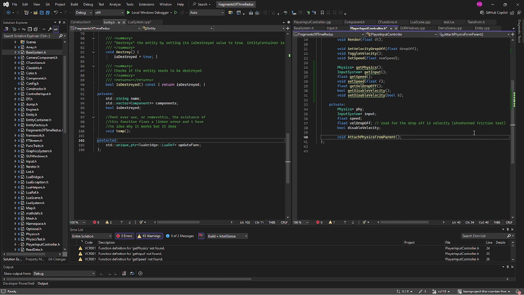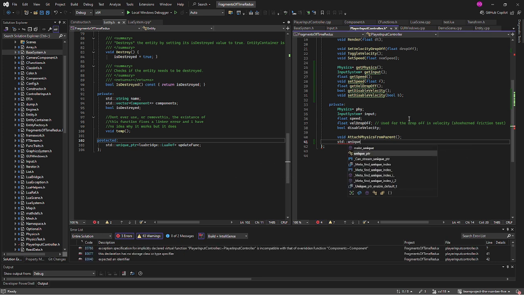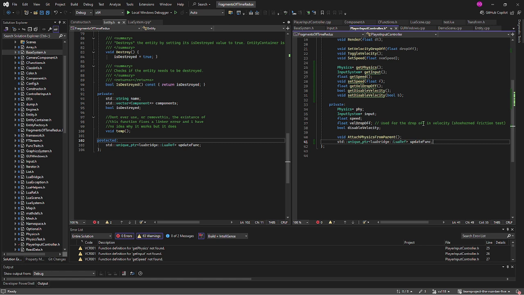Alright, and this I believe is probably fine to just be private. Protected just makes it easier if you need to inherit, but if you don't think you'll ever inherit off something, you can put it in private. So you're gonna need an std unique pointer. Oops. Lua bridge, Lua ref. And we'll just call this update func. You can call it whatever you want, based on what it's going to be doing. This, I believe, is just going to be like the update function, and that's pretty much it. Basically what this is, a